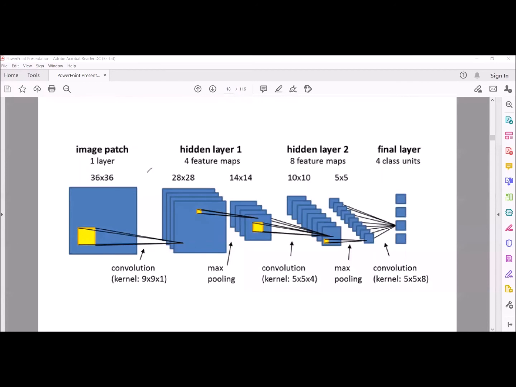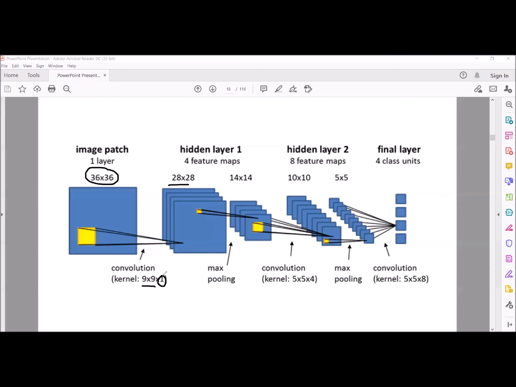Now, in order to make you understand the size, for example, we are taking an input image of 36 by 36 pixels, meaning the length and width, rows and columns. After applying the convolution, we have applied a filter. The filter size is 9 by 9, and we have taken a grayscale image, that's why we are considering 9 by 9 by 1.